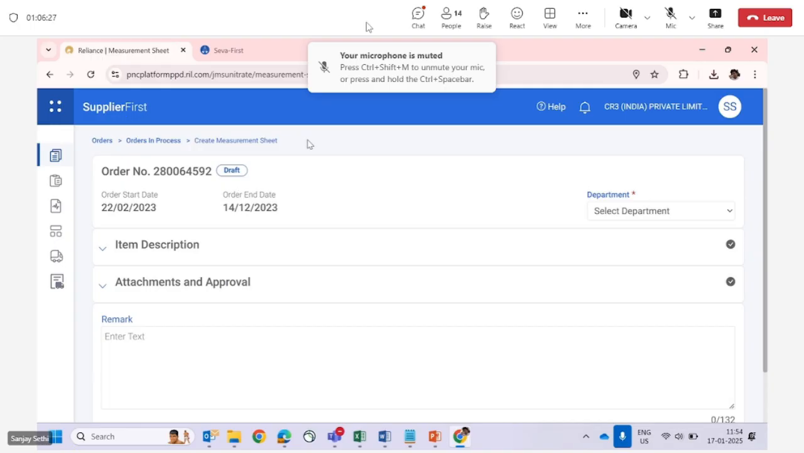So the header contains your order number, correct, and your JMS, your order start date and end date. Okay. So your first rule, your JMS start date and end date should be within the order dates. This is an old PO and we are using it for demo, so you don't have to worry about it. Whenever you use the particular JMS, you will see proper dates as per your purchase orders. Okay. Now the first thing,